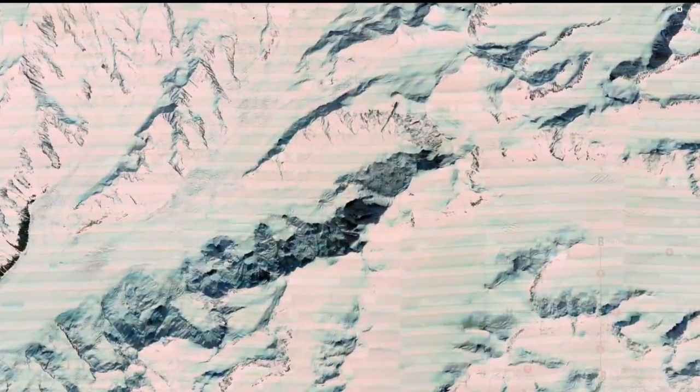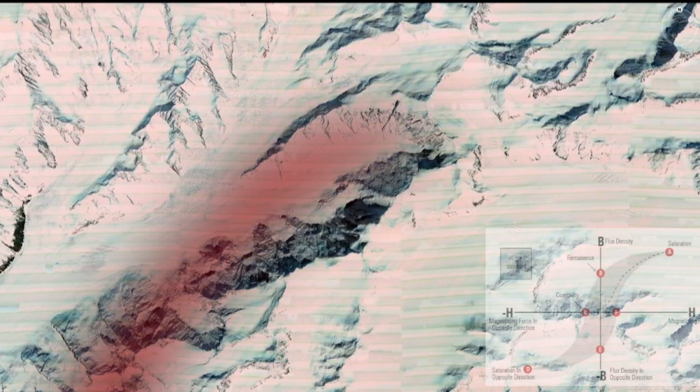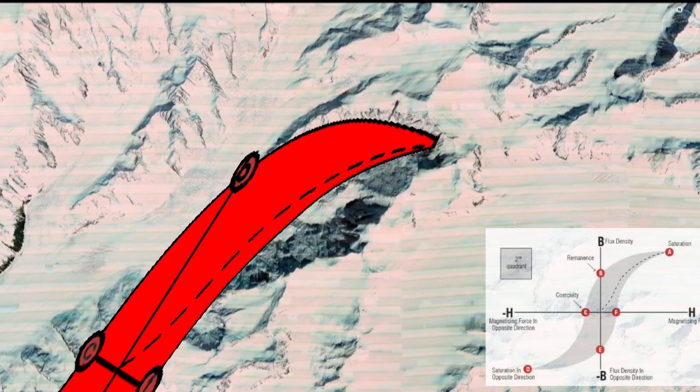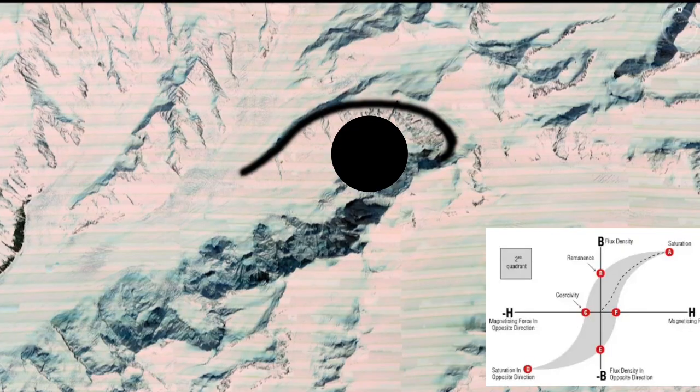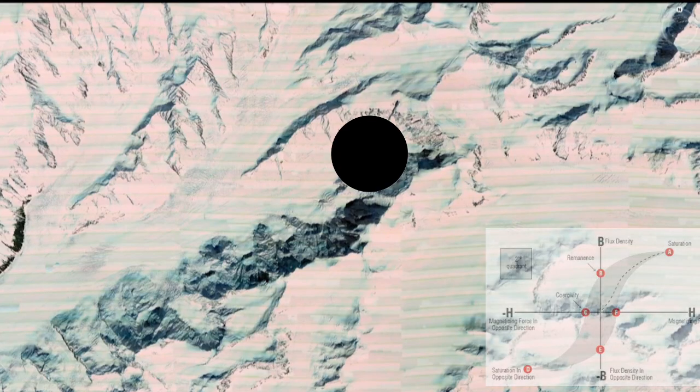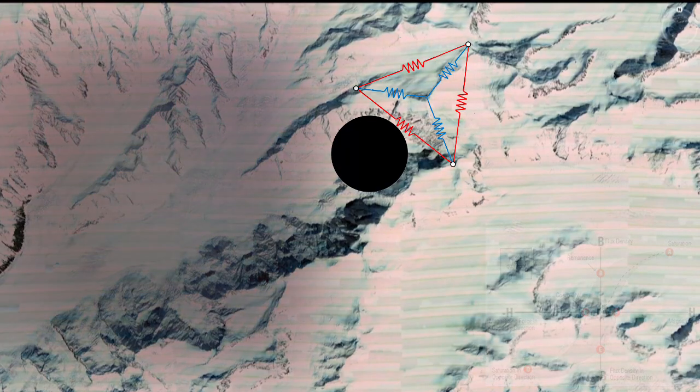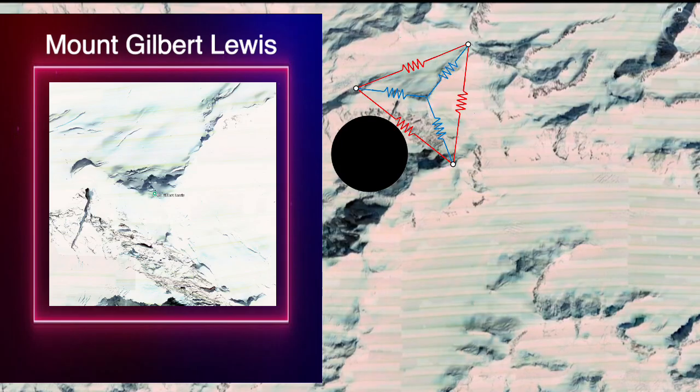At the northern node of the hysteresis loop, we find the area of peak magnetization and flux density as shown in the diagram. First, just like the diagram, we can put a circle in the middle here like an eyeball, and this occurs when a field of induction is created. Induction always creates a round surface feature, which we will see again and again and again. The cause for this circle of induction is a triangle, a delta ground that formed just north of it that